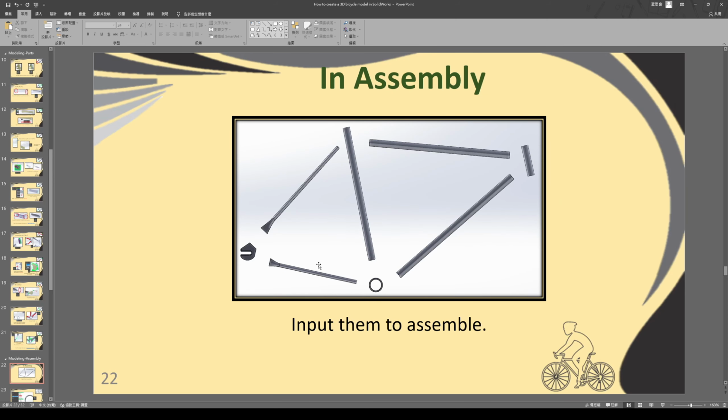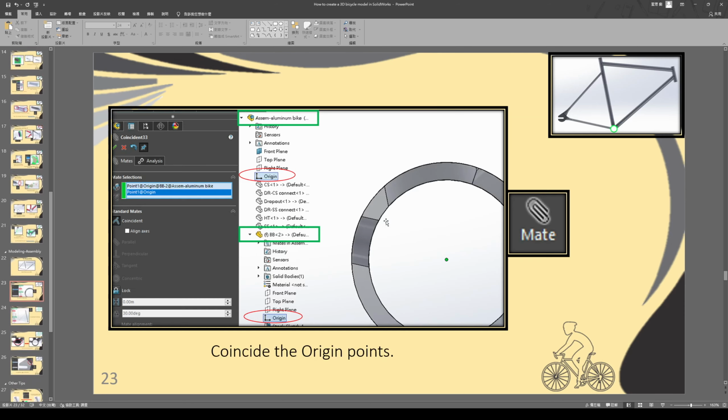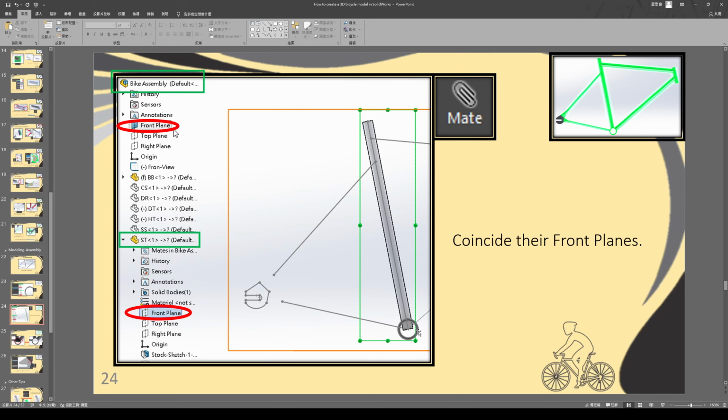Here is the assembly environment. You have to create the parts in the part environment, and then import them ready for combination. First, coincide the different origin points. They are different: this one is for the assembly environment, and the other one is for the BB. Make sure they are fixed. And then coincide their front planes.